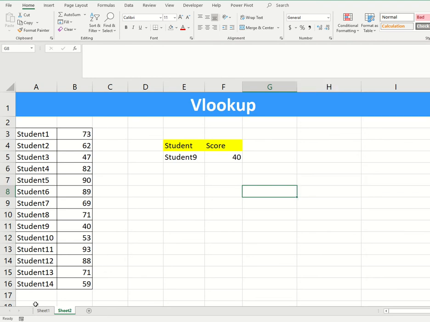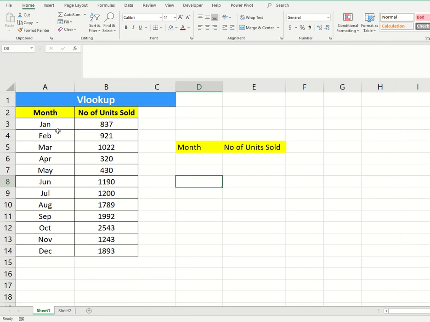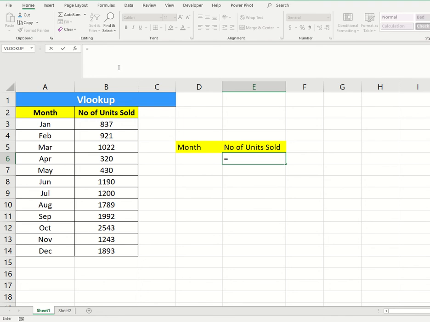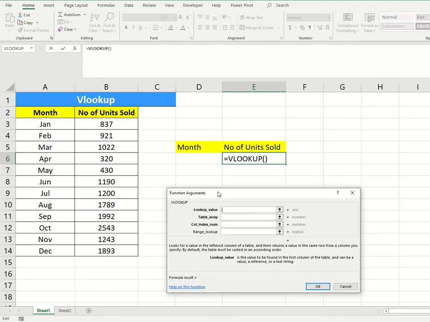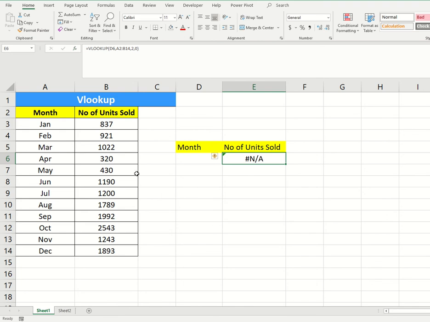Let's see one more example, where you have each and every month and the corresponding month's sales. Someone has come to you and asked what the sales were in the month of January. As usual, you selected your input, and then you took the array of the table that you required, and then you wrote your formula.